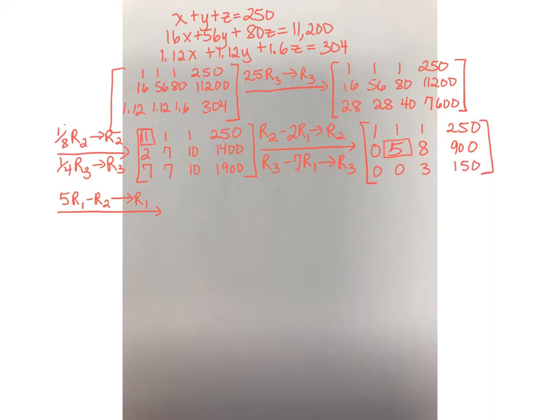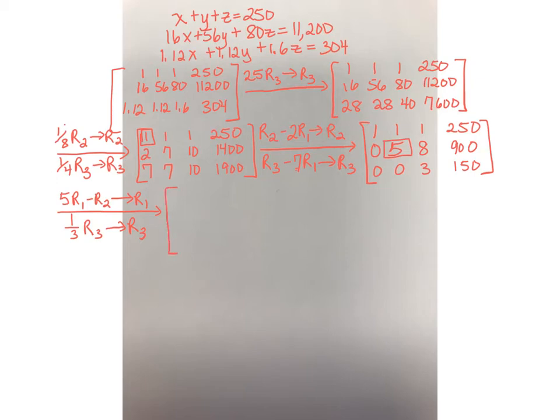And we're going to do 1/3 times row 3 to get a new row 3, because the coefficients in row 3 all have 3 in common. So we can change both of those. So our matrix is going to